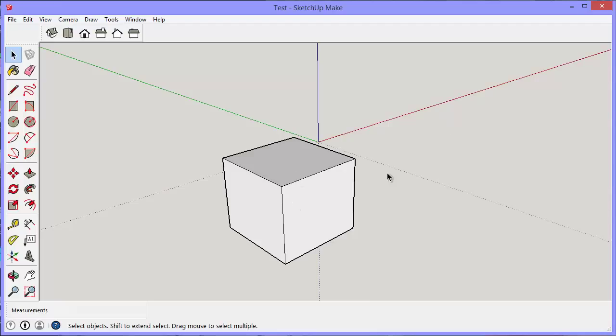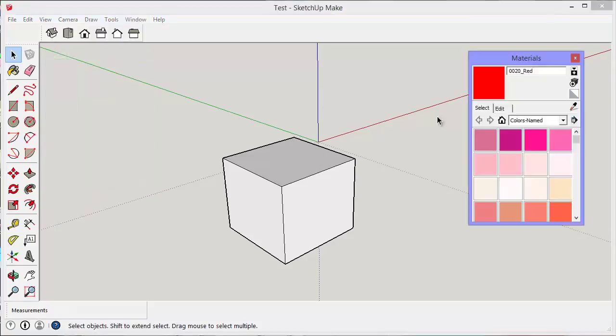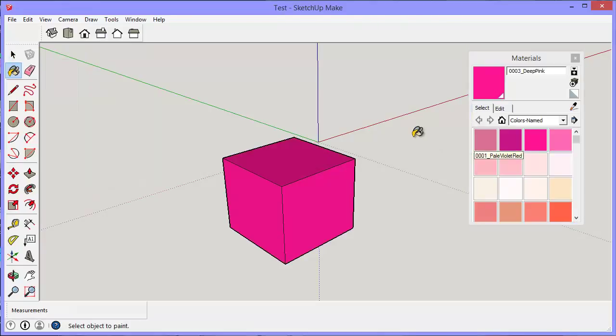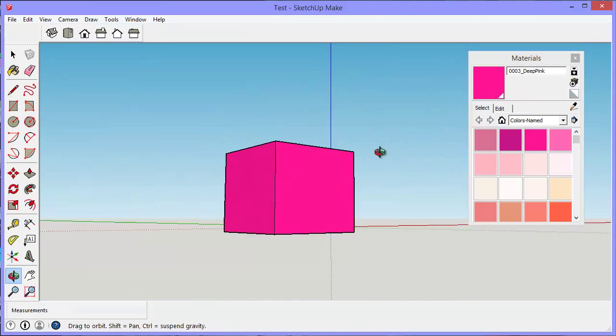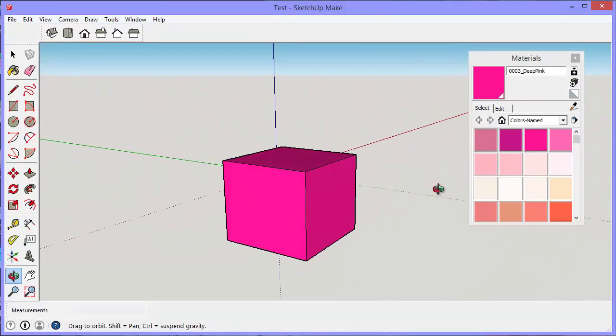Now, what else can I do with it as a group instead of as an individual collection of things? Well, if I now go into my materials and I choose a color and drop it on, you can see what happens. The whole thing becomes shaded. It'll be the same underneath. If I looked at it underneath now, the whole thing has been shaded in for me